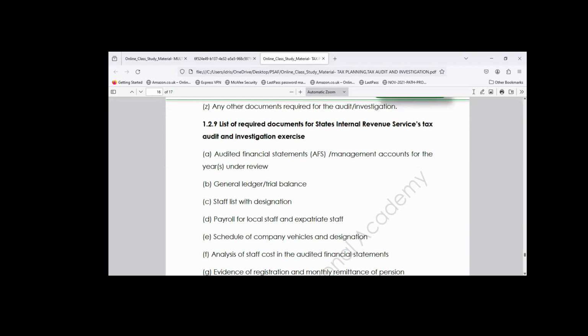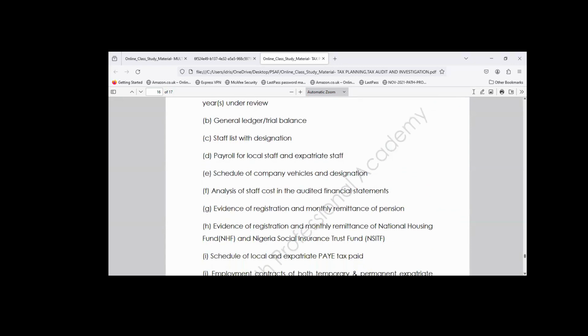Evidence of business payment of business premises, evidence of payments of development levy, evidence of payment of PAYE on a monthly basis. They'll ask for that. They also ask for evidence of registration with pension fund administration. They'll ask for that. They'll ask for evidence of registration with NHF and NSITF, because all these pension, NHF, NSITF,